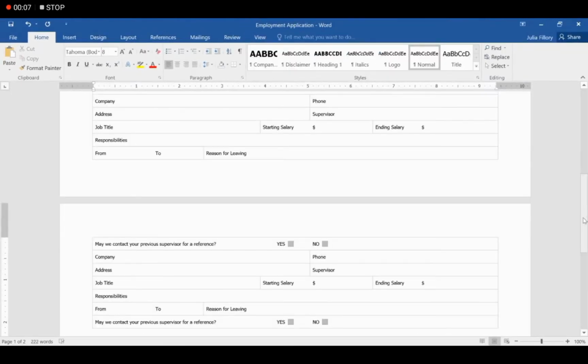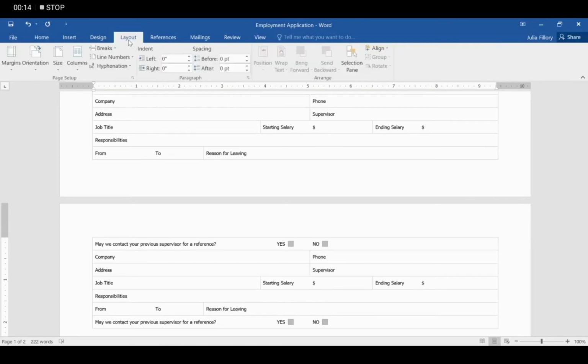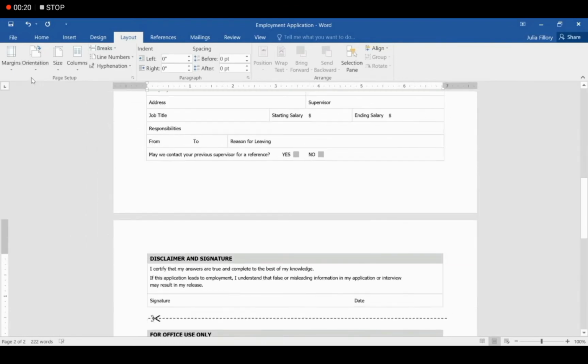Now I will tell you how to change some page settings. To change the page settings, you have to click on the Layout tab. In the Layout tab, there is the option of orientation. There are two showing. I will click on portrait mode. So now our page is in portrait mode. Now as you can see, the data is showing on two pages.